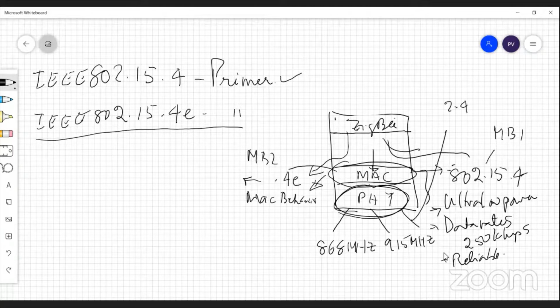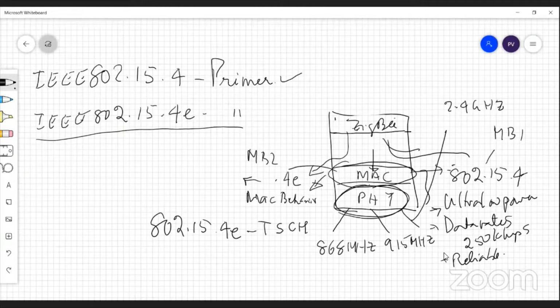This is 2.4. So it will still be the same MAC behavior, either MB1 or MB2. In fact, it's not limited to MB1 or MB2. There are MB3, MB4, MB5 as well. So it's very, very flexible, this particular 802.15.4. And in fact, for the E extension, you have to be very careful when you use the word 15.4e extension. You can write 802. So let me write it well, although it's not all that convenient to use here, but 15.4e, you should say dash